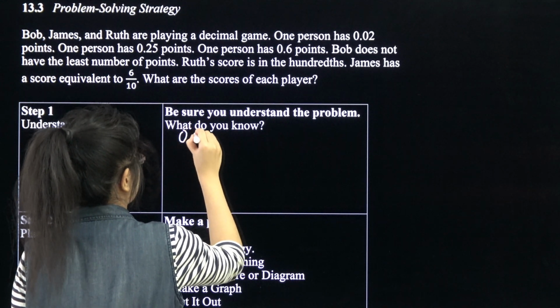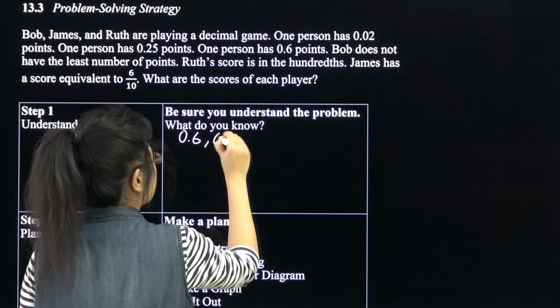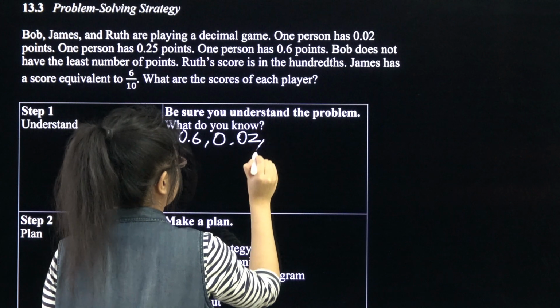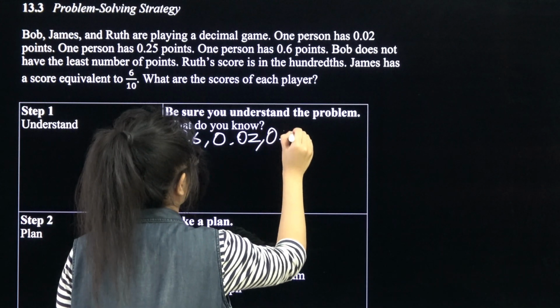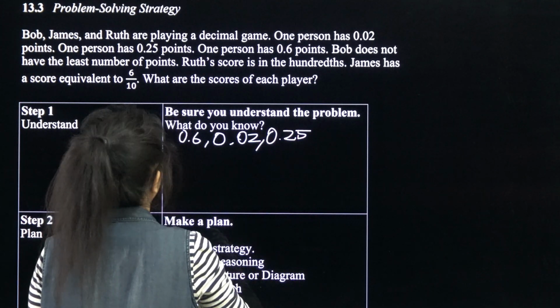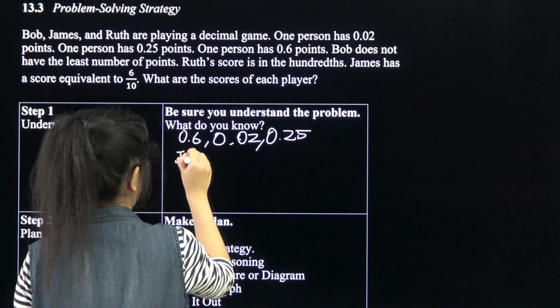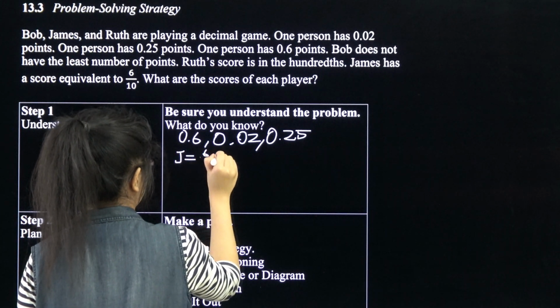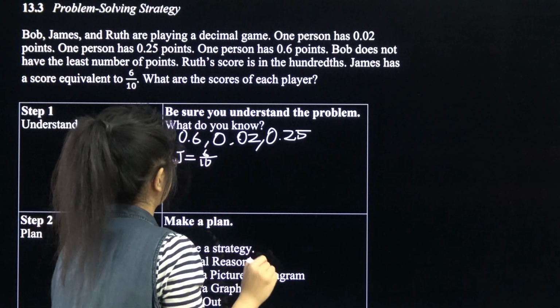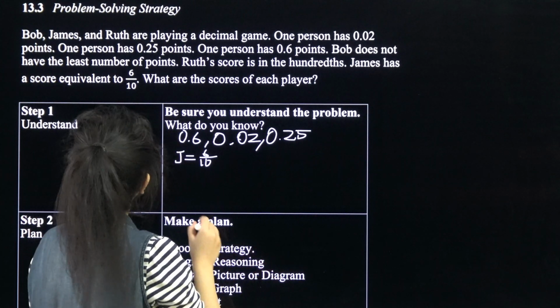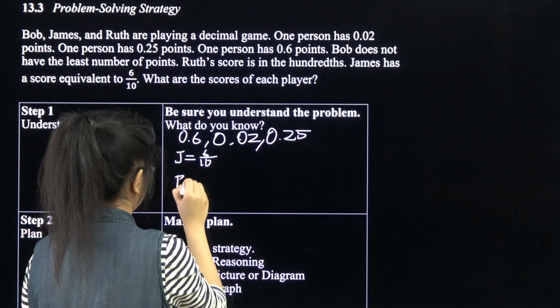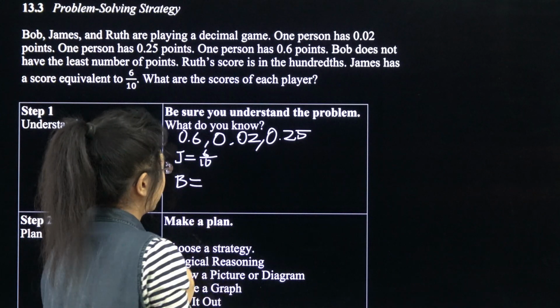There's 0.6 as a score, 0.02 as a score, and 0.25. Now James has a score equal to 6 tenths. J equals 6 tenths. Bob does not have the least number. So Bob, the least number of points is